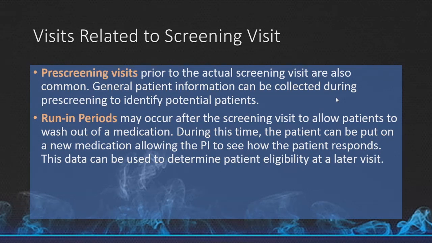Just know that there could be a run-in period. Not always, but often. And this data can be used to determine patient eligibility at a later visit. So you have pre-screening, then you have screening, then you might have a run-in period or a washout period, and then a randomization. So we go to the next slide,